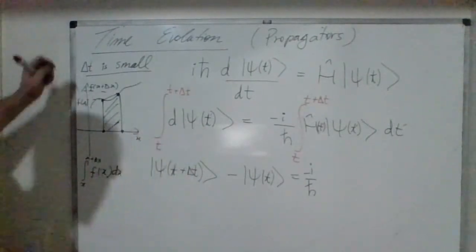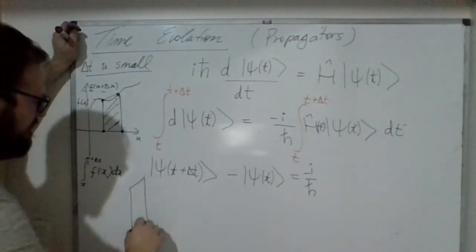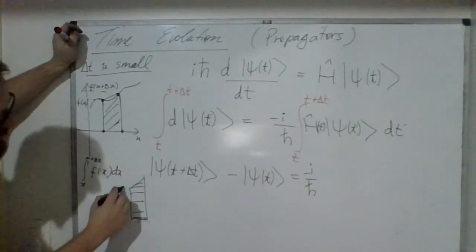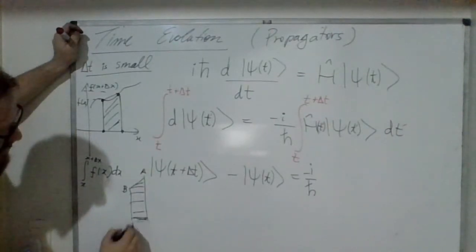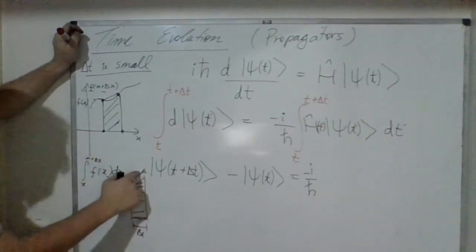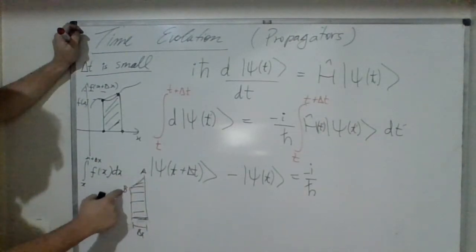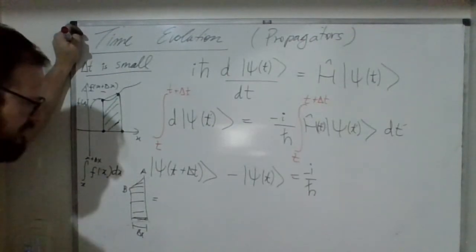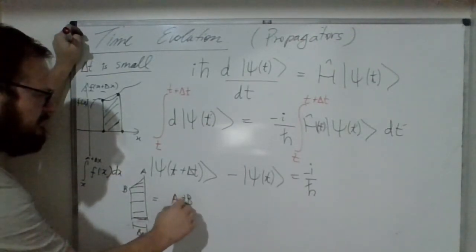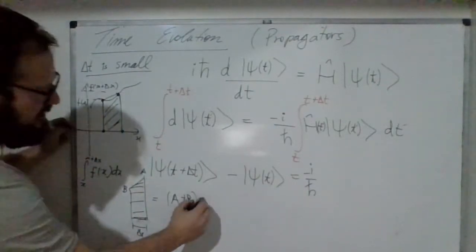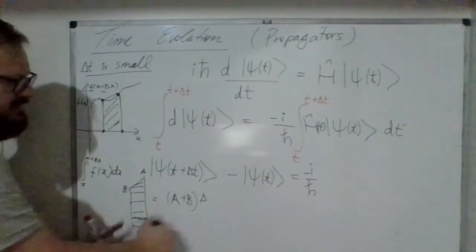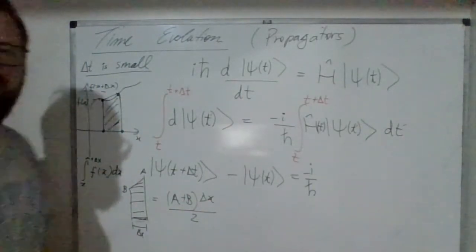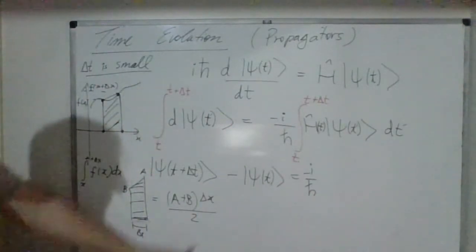whose area is just, when you have something like this, right? What is the area of something like this? Suppose this is B, this is A, and this is your delta x. This is the function evaluated at x plus delta x. This is the function evaluated at x. The result of the integral is just A plus B, the sum of the sides, times the width, which is delta x, divided by 2, right? This is the area of this object here. And in this case,